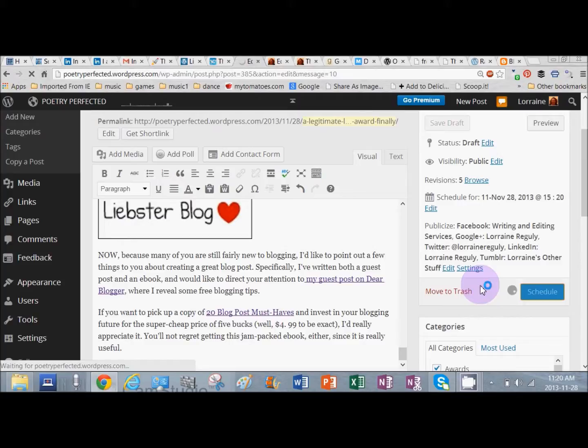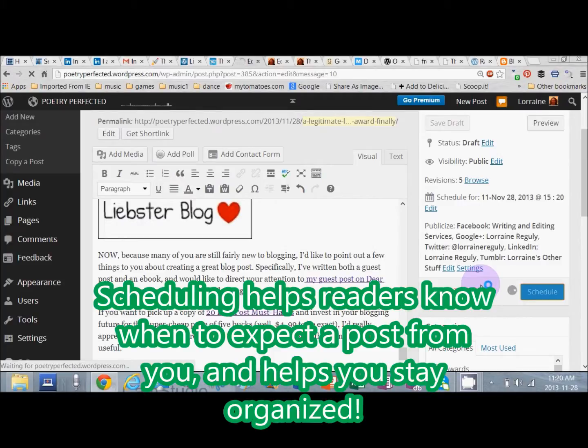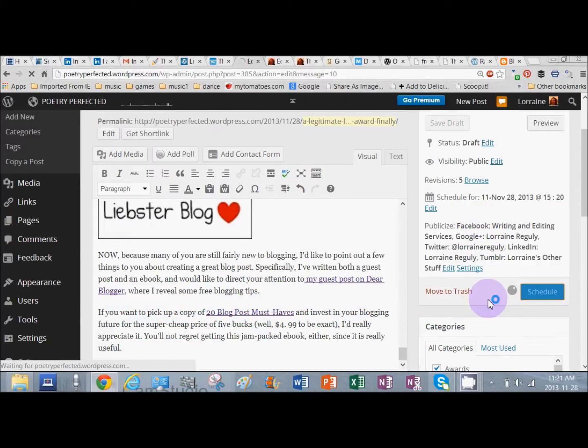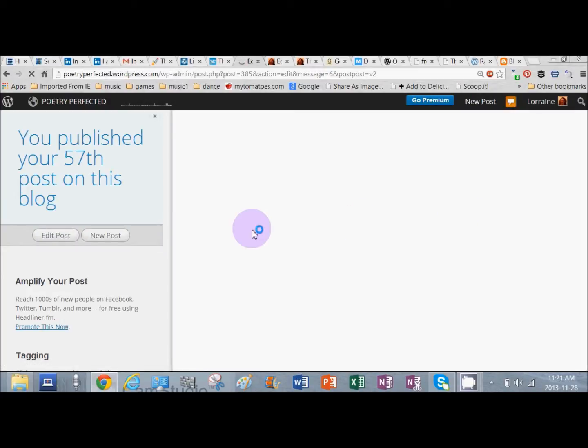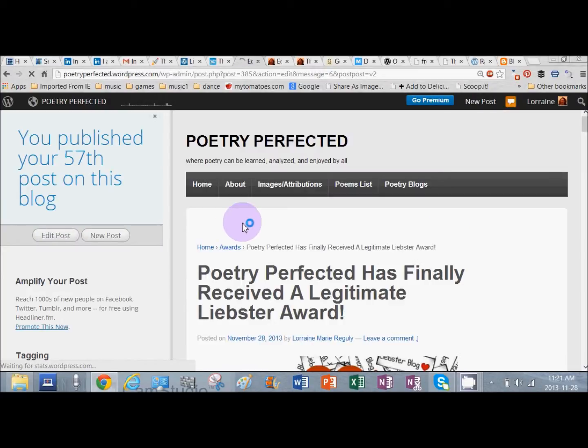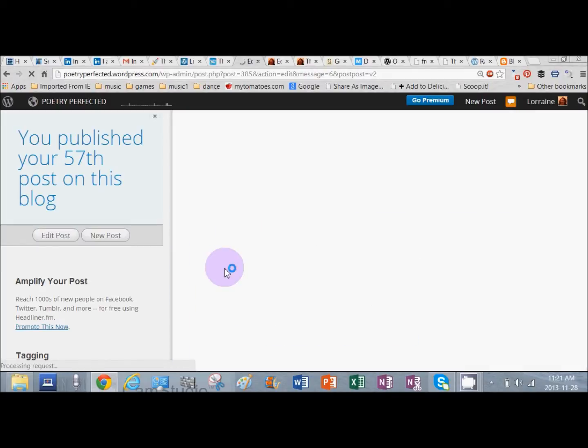And if you want to change this, you can always update it simply by going back to the edit section right here, clicking on edit, and telling your blog when you want your post to be published. So this post has already been published, and so